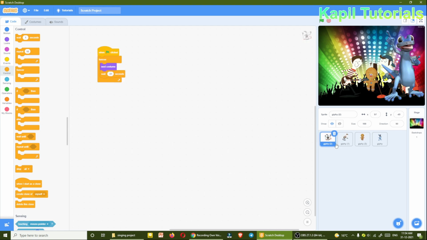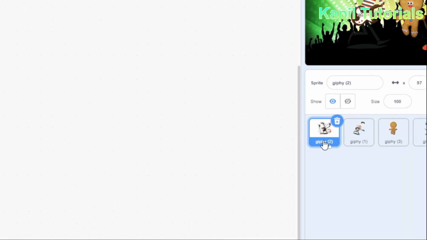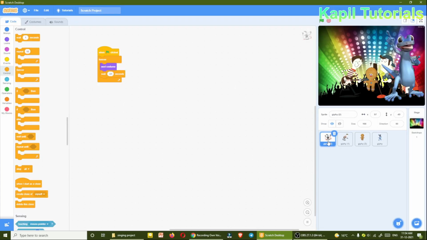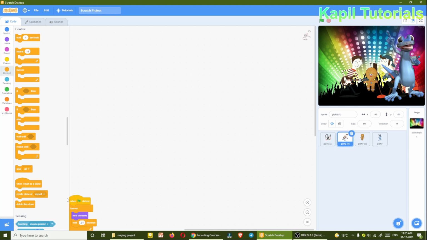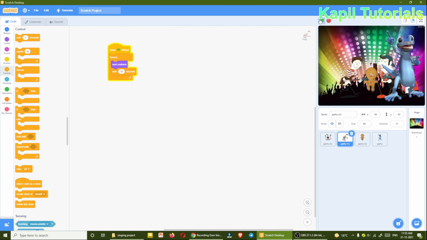Now this sprite, I'll just have selected my first sprite, Giphy 2. Because if I'll click it, this is only the animated one. And this coding, what I want to do, I'll just drag it towards the second sprite here, just to save the time. So it's been copied here. So if I'll just click it, now both are animated.